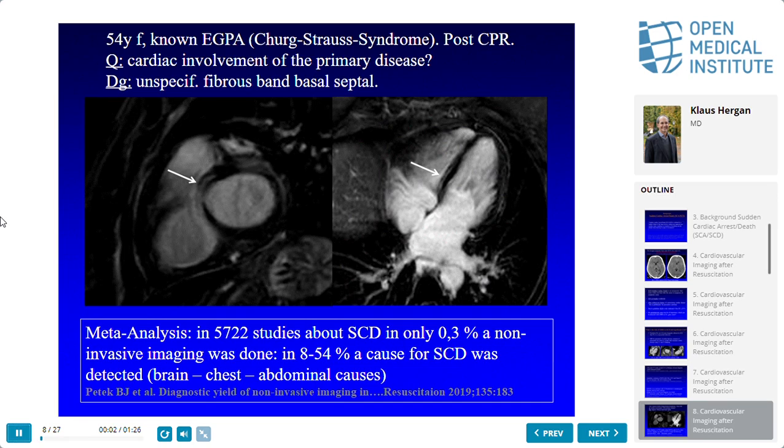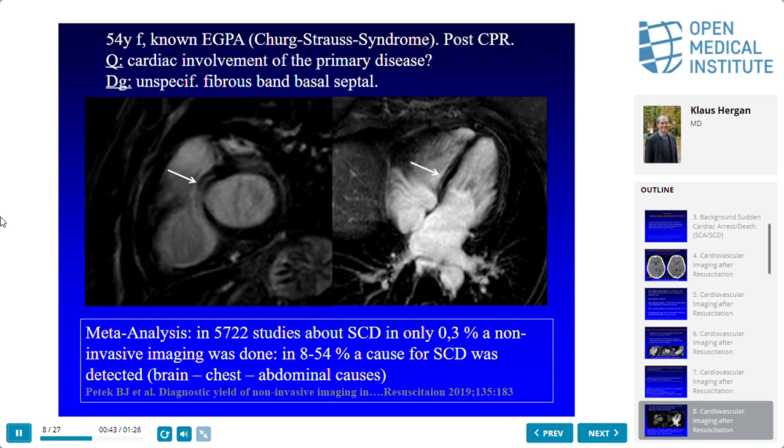There we have a 54-year-old female patient with a known Churg-Strauss syndrome, and she had a sudden cardiac death and resuscitation, and the clinicians wanted to know if there's a cardiac involvement of this primary disease. And the only thing we found in this case is this unspecific fibrous band, which can be found in several diseases within the septum, and it can be responsible for electric disorders and arrhythmia, but it's not clear if